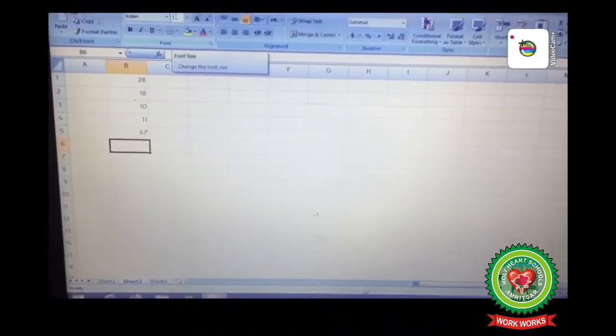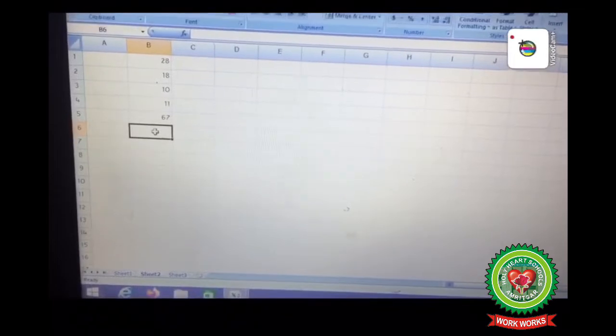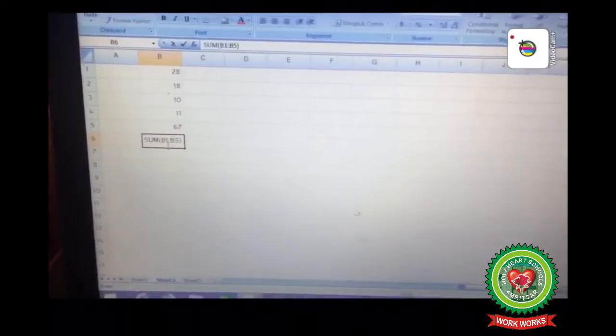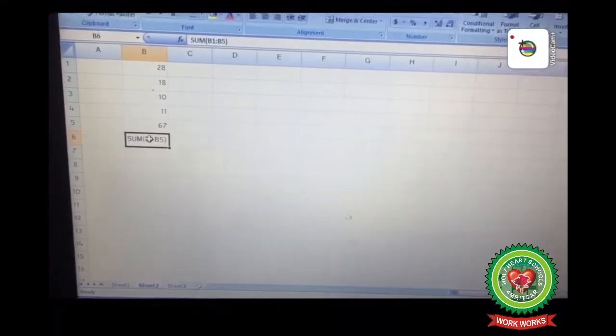Here we will see the examples for rules to enter a function. Here I have some data in the cells B1, B2, B3, B4 and B5. So if we put the formula in this way, SUM, then the range of the cells from B1:B5, then Enter, it will not work because all functions start with the equals to sign.